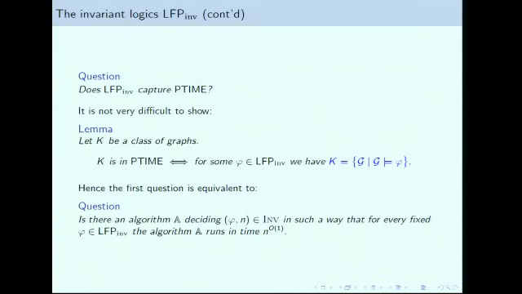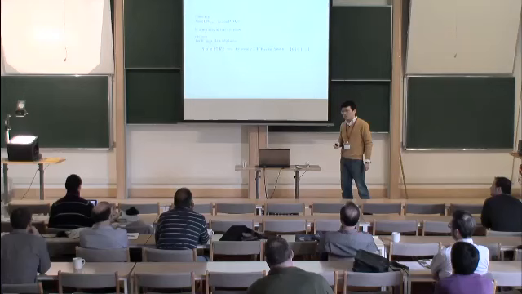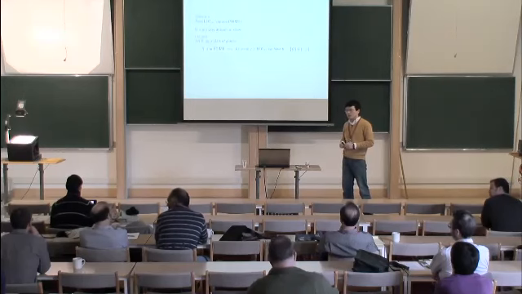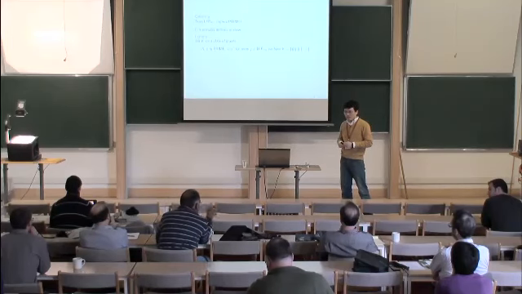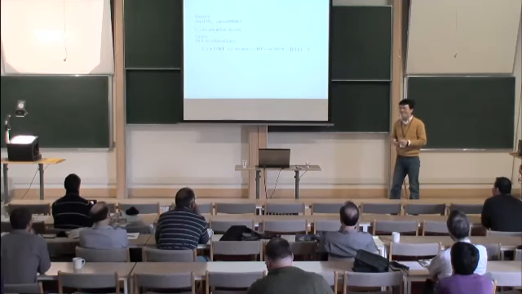Okay, so the simple observation is that K is in P time if and only if you can find such a phi to define it in our logic. I think it's not clear that you are using the original Gurevich definition, when you look at capture. Because I think he did want uniformity. Yes, he required an effective translation from formula to a polynomial machine. That was part of Gurevich's definition. So this is a modified version of capture. Okay.